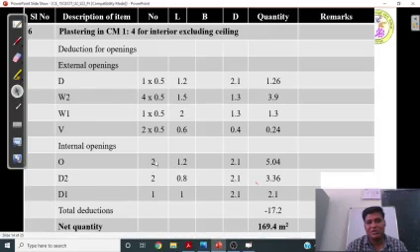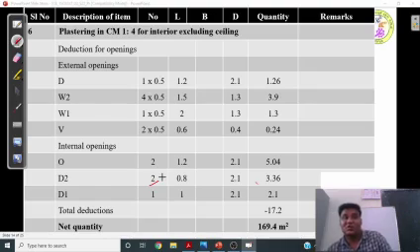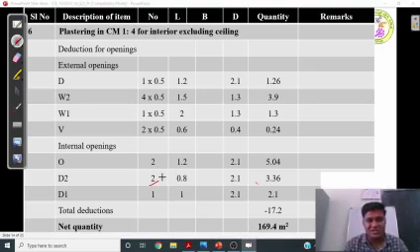So here there are two openings into one, that is 2, 1.2 by 2.1. Similarly D2 there are two numbers into 1. Since four surfaces are not plastered, in internal portion four surfaces are not plastered, so 4 into 0.5 comes to 2. So 1 to 2.1 again D1. So after that you need to sum all the openings and it will come to 17.2 square meters. So you have to deduct these deductions from the gross quantity and you are going to get the net quantity of 169.4 square meter as the total quantity for plastering.